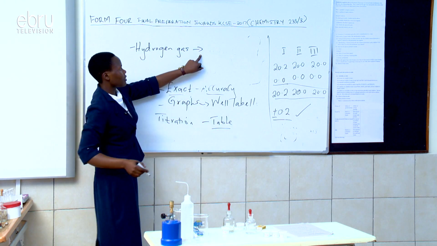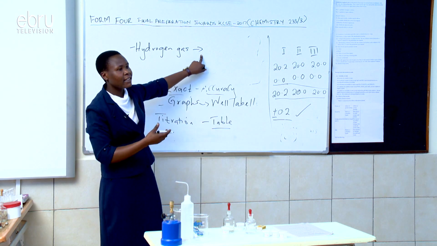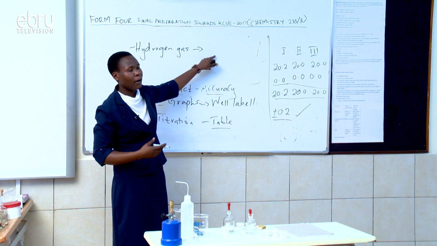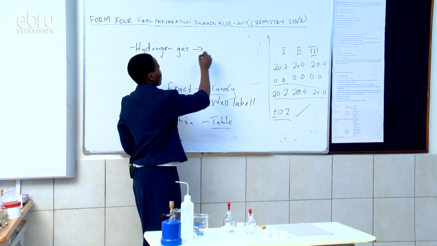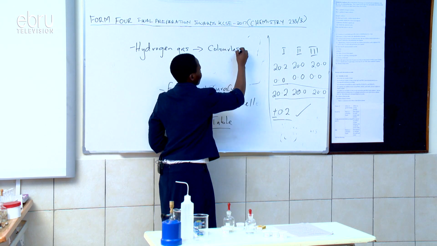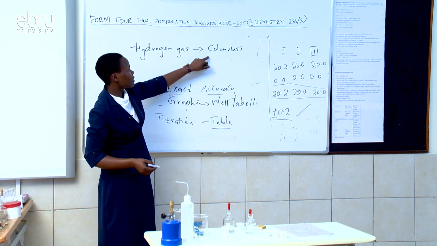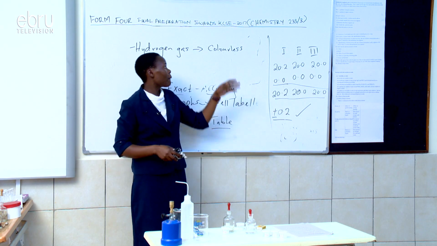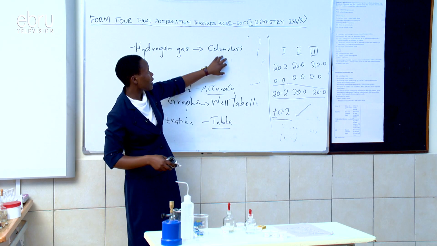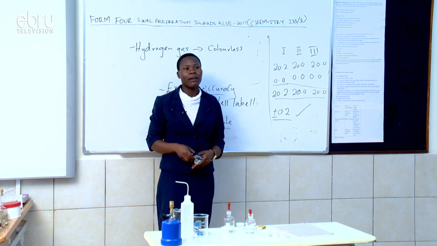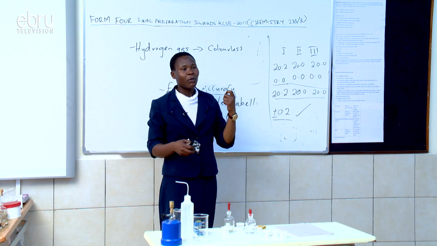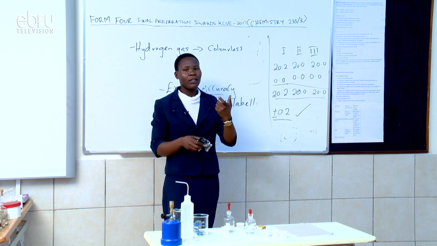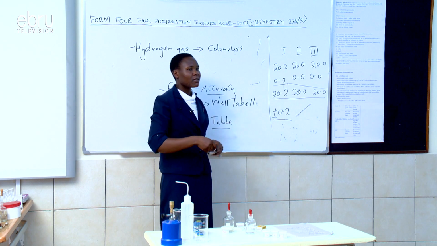Now, this gas is just a colorless gas. So, as the learner is carrying out a test that involves hydrogen gas, you don't expect to see a certain color, but only a colorless gas. So, this one is colorless. Now, it's normally a big problem when it comes to stating the observation, because most learners will go ahead and say a colorless gas is observed. So, the question is, how do you see a colorless gas? It's very difficult. So instead of saying a colorless gas is observed, the best response should be